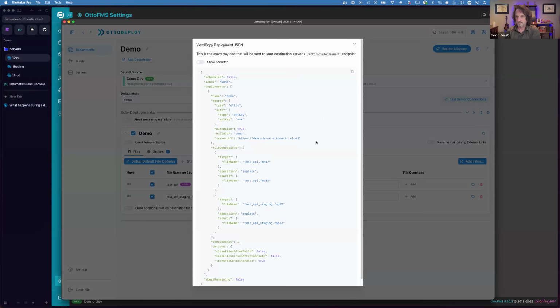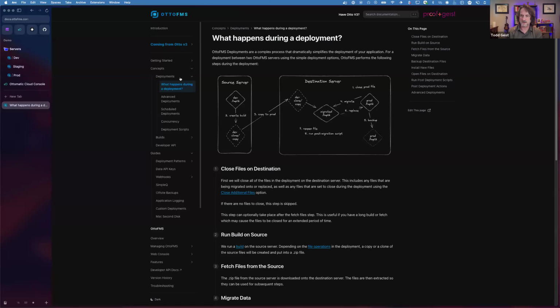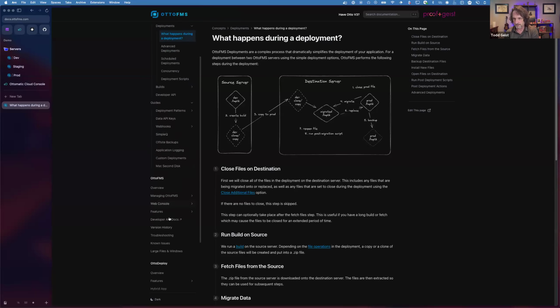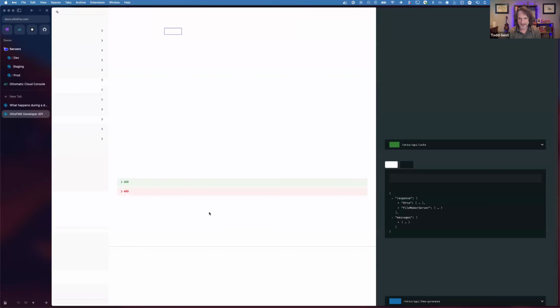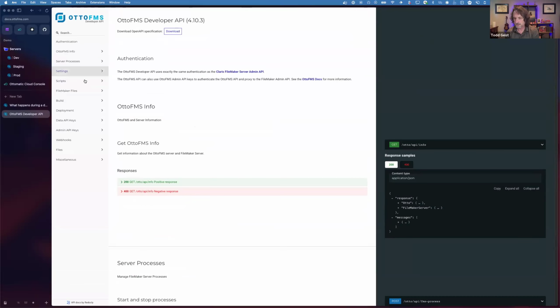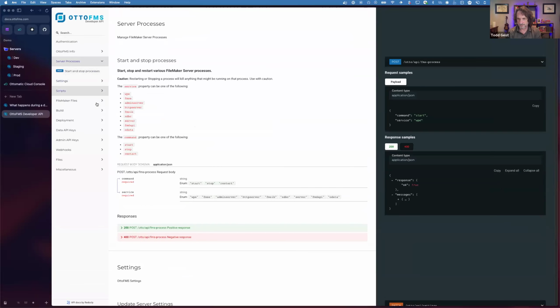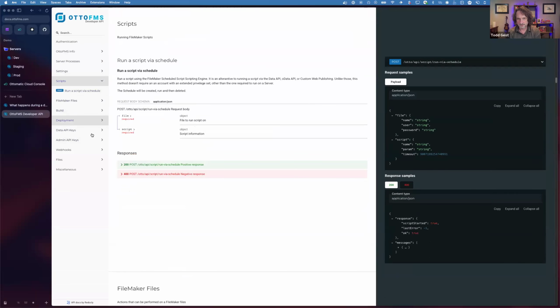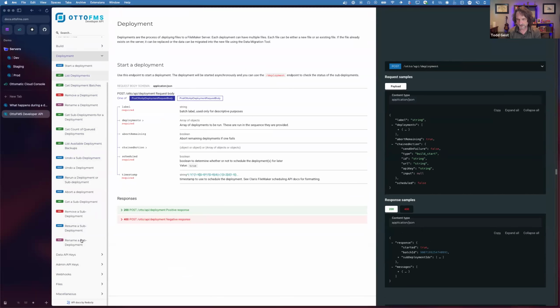JSON is just an API. You point this at any server with a simple script call, and you can deploy this file set to any server, again, running AutoFMS. Constructing the JSON object is the pain in the butt, but once you have that, it's really simple to just use insert from URL and set up a script that sends that to as many servers as you want on demand.